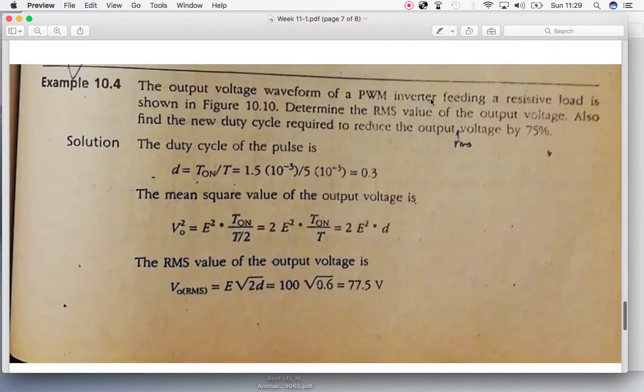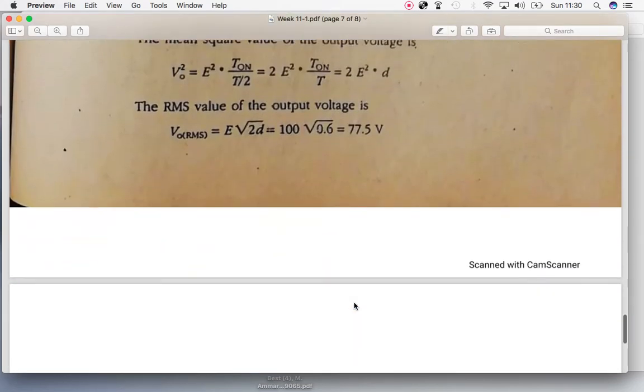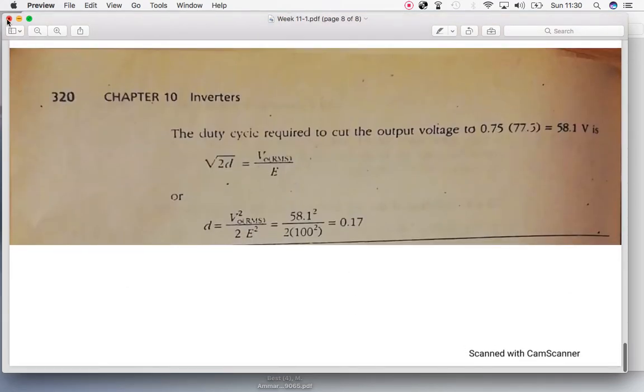Afterwards you are given a PWM inverter circuit, which is not shown here, but you just have to see the formulas. You can first calculate the duty cycle, and the duty cycle given here is not a correct value. The T on time is given to you like this, and the total time period is given by this. You first calculate the duty cycle, and from that you are able to calculate the required value of the VRMS voltage, which is given by this formula, and put the relevant values in to get the answer.